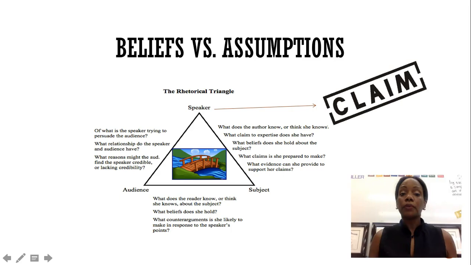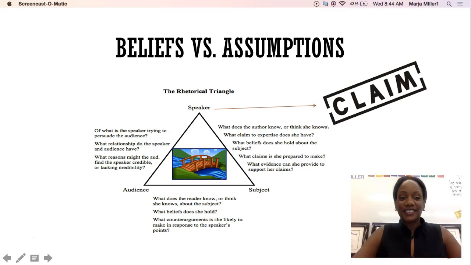And so if we go back to the rhetorical triangle and we look at the speaker, the audience, and the subject, I want us to always think about that. The speaker wants to decide ahead of time what the intended beliefs of the audience are. And they use that belief to build a bridge between themselves and the audience to help get them to side with their claim. Now, the assumption is that the audience will accept their beliefs without question.